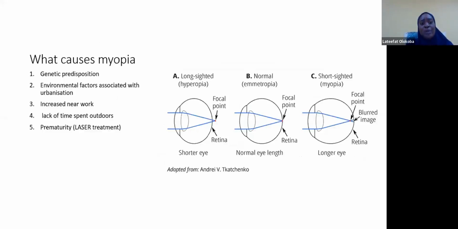So what causes myopia generally? When a child is born, they are generally born hyperopic, with a blurry image formed behind the retina. This is as a result of the small size of the eyes. But as the child grows, gradually the eye enlarges until the child attains emmetropia. By this time, a clear image is formed on the retina, and this effectively stops the stimulus for further eye growth. But